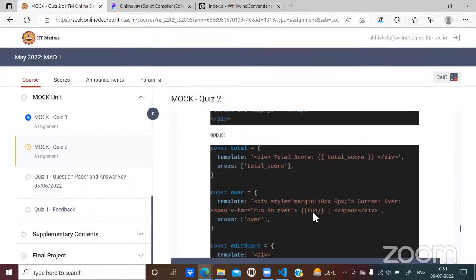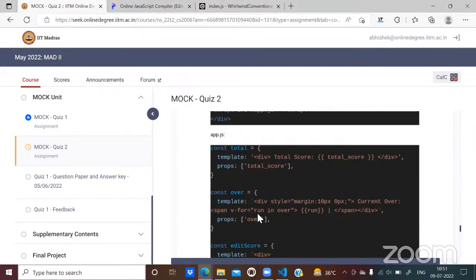So the value of this run would be what? It would be 100. That is the first element in that array. After that, you show a pipe, right? The next time you will try to iterate. Sir, how did we find out that run will be the first element of the array?